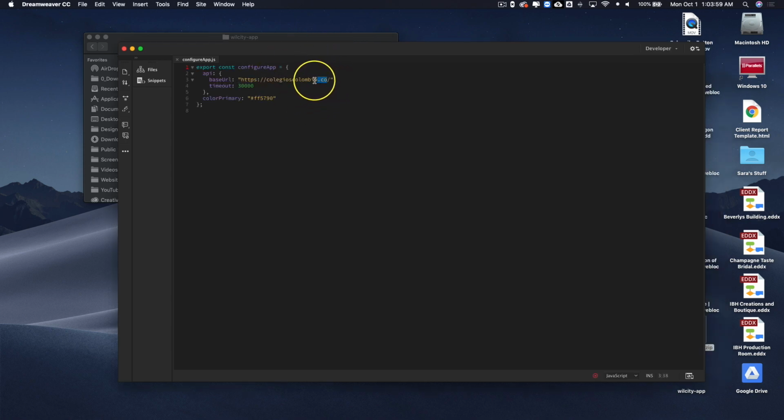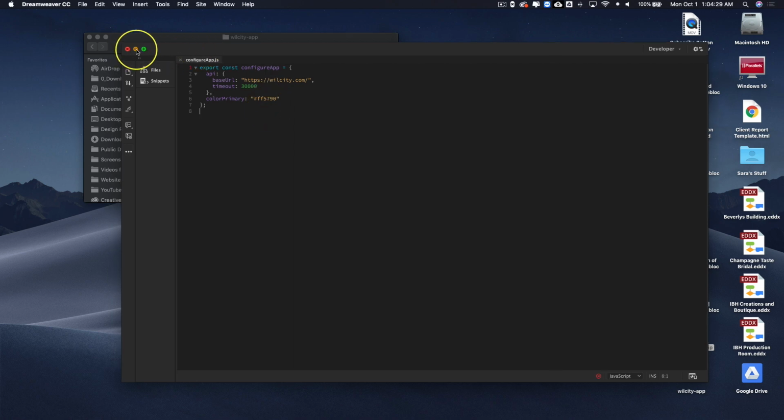So we have our app URL. This is what your website's going to be. So go ahead and type it in full, HTTPS with your full domain name right here. I'm going to just do willcity.com. For the color primary, you can go ahead and change this to whatever you want. It will determine whatever you have for your theme color inside of your theme options on the back end of your website as well. So make sure you change it there as well. Let's save, minimize this,